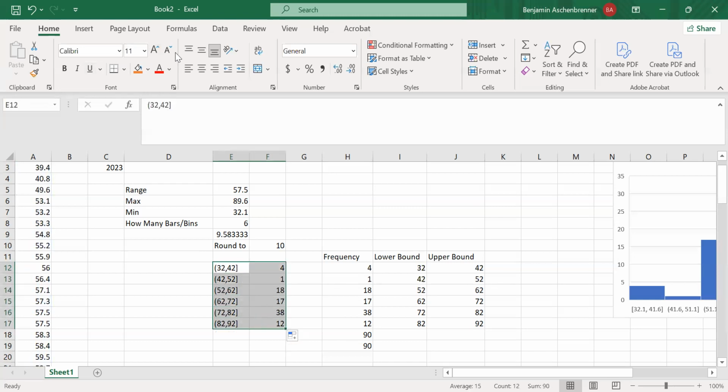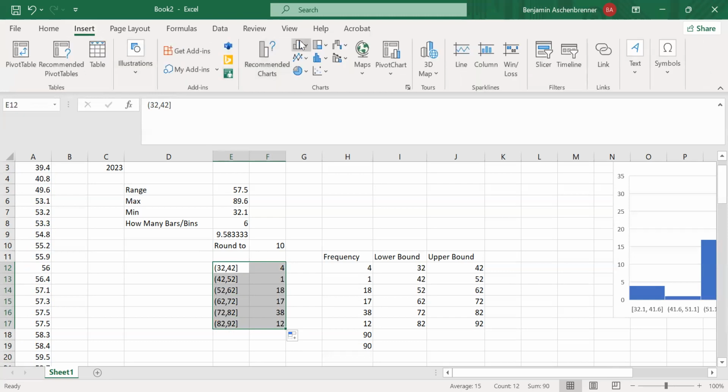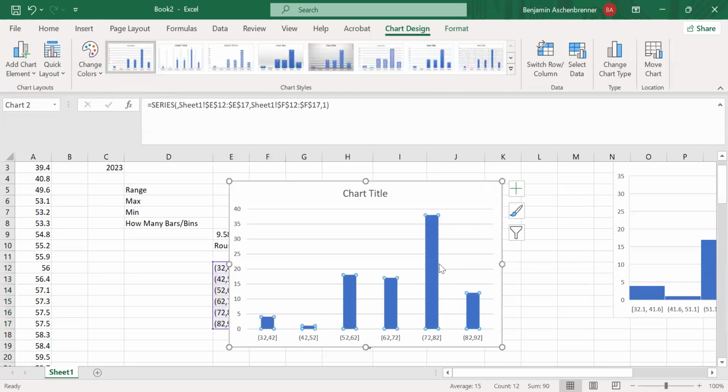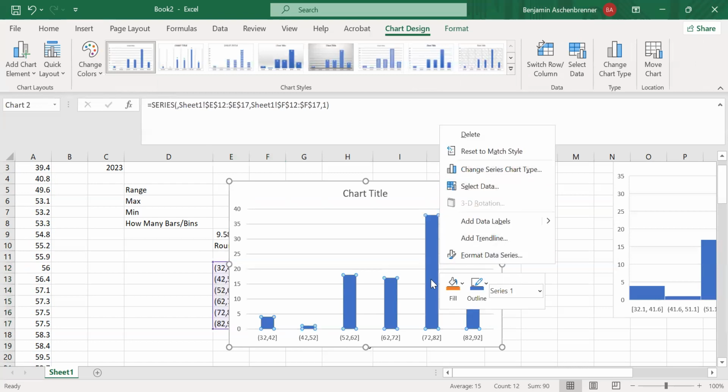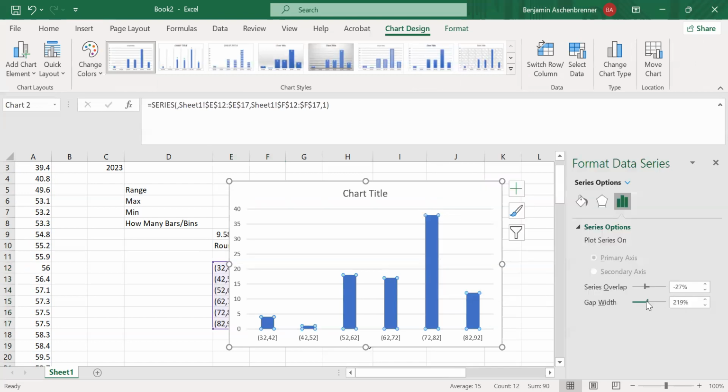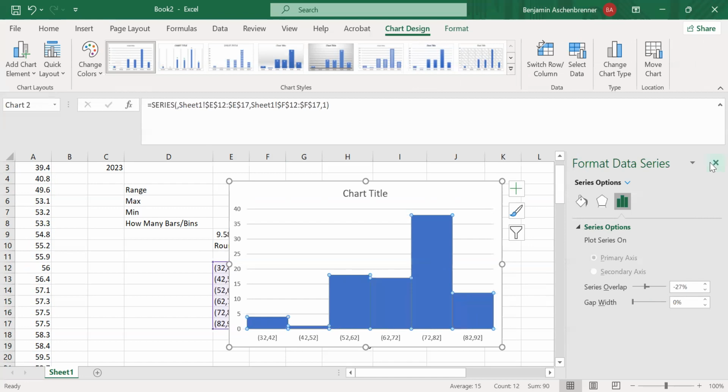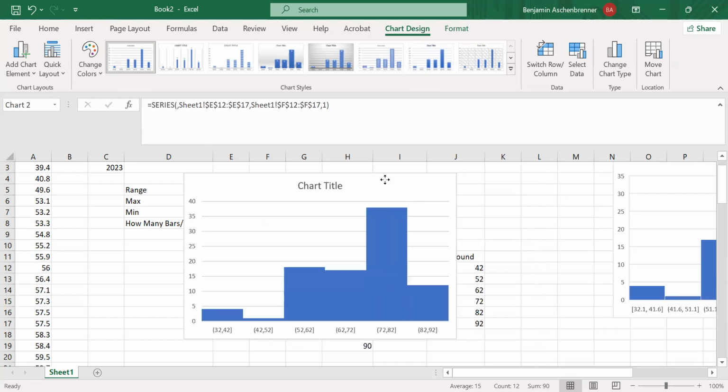Now I'm going to go ahead and insert. When you insert, you're not inserting a histogram this time. You're inserting a column chart that you're going to make a histogram by setting the data series gap width down to 0. And now you have your constructed histogram,